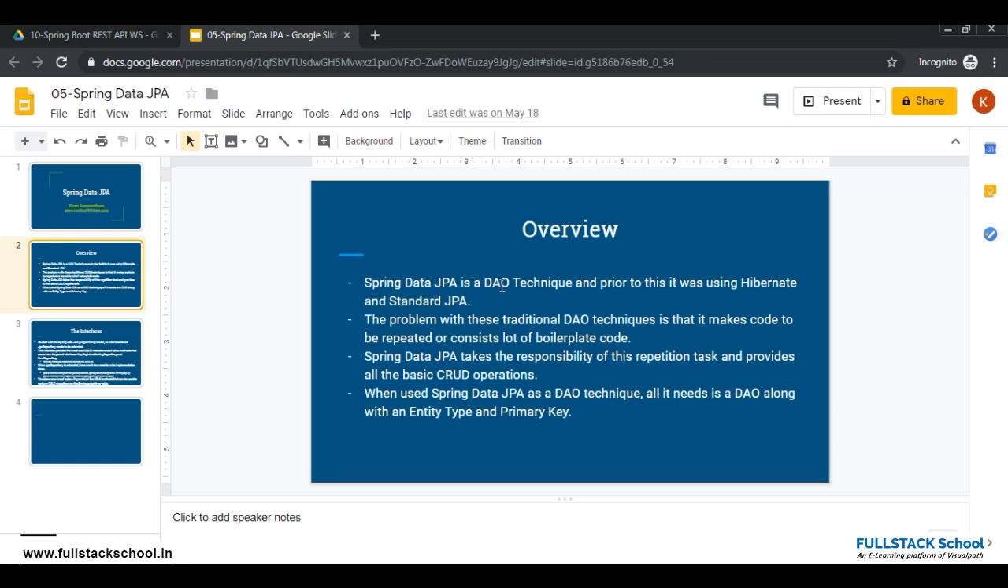Spring Data JPA is a DAO technique, and prior to this we were using Hibernate and standard JPA. Hibernate, I think, was introduced in the year 2000. From there onwards we have been using Hibernate to perform CRUD operations. Earlier it was JDBC. But